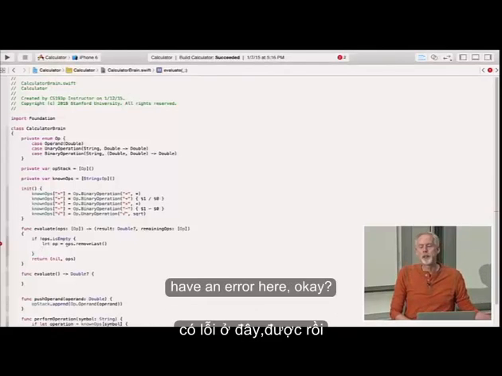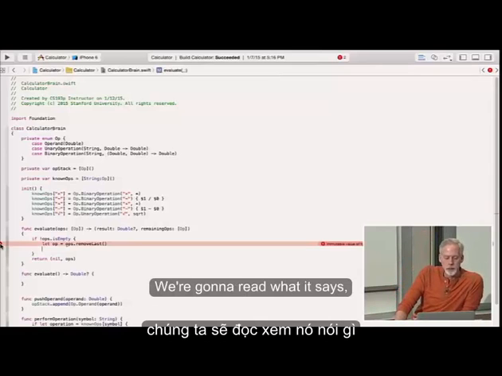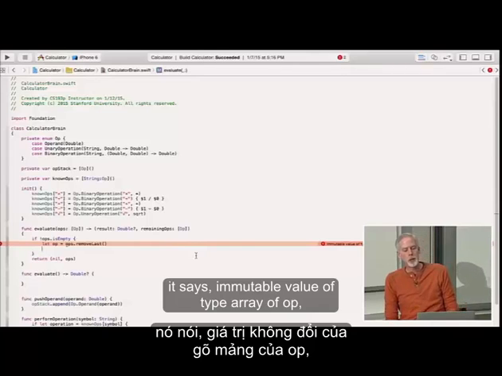And it's very important to understand why I have an error here. So I'm going to click on it. We're going to read what it says. It says immutable value of type array of op